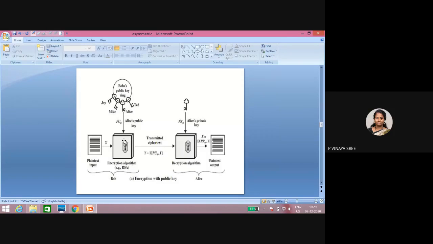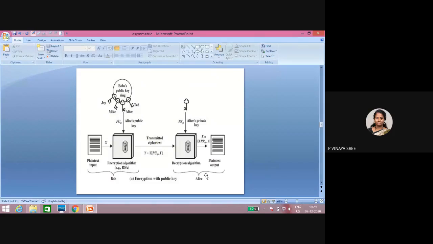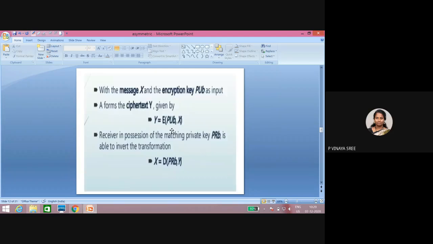Okay. So in this, what are they doing? What is it encrypting with? It is encrypting with Alice's public key, and it is decrypting with Alice's private key. So here don't confuse, till now we discussed as Alice and Bob. Here it is reverse, Bob and Alice. Here the sender side is Bob, the receiver side is Alice. So it is using Alice's public key and Alice's private key. This is still authentication. This is a textbook diagram. So that's what I showed in this.